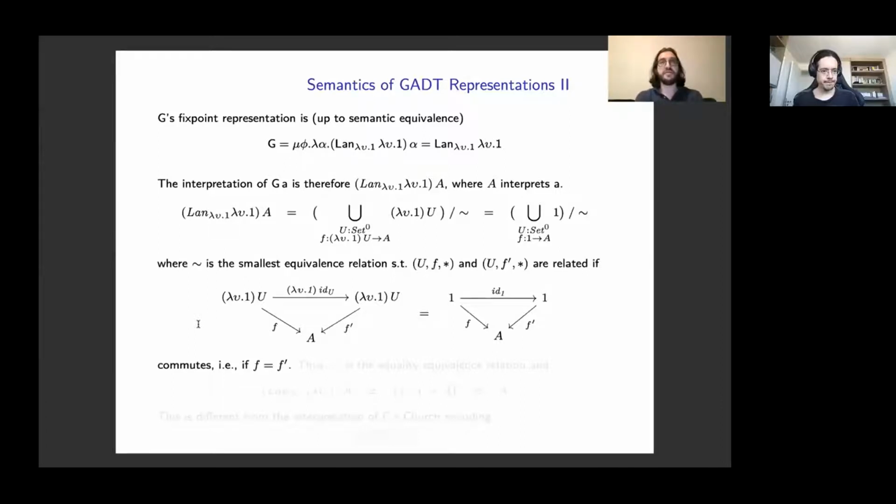Specifically, the union is the union of copies of the singleton set indexed by the unique object of the category of sets elevated to the exponent 0, that is, the unique category having only one object and its identity morphism, and the global sections of the set interpreting the type argument, that is, functions from the singleton set to the argument set, corresponding to the elements of the argument set.